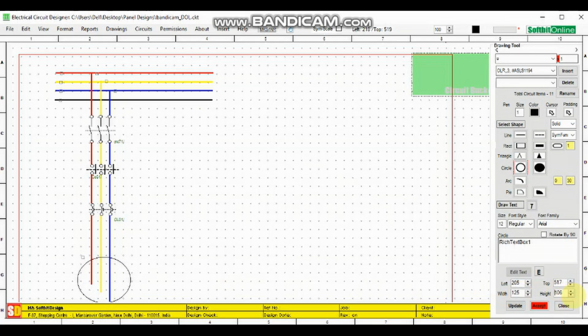Make 125. Save it and move it upwards like this. Now select R, lock it, lock the moment, select R, reduce its height,